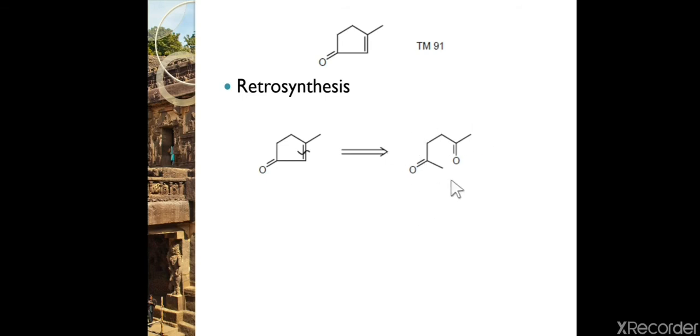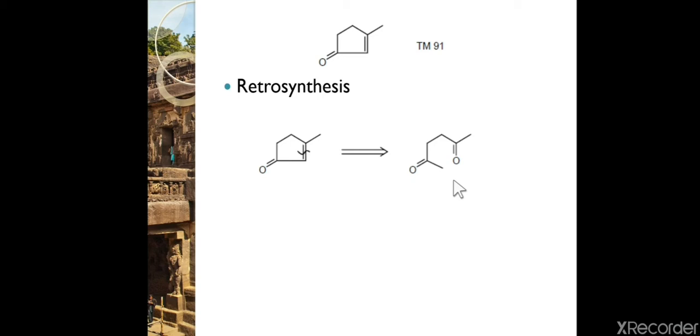But friends, you can see that this diketo compound is not commercially available. So in today's lecture we will learn about how we can make the diketo compounds. This is a diketo compound, but more specifically I will say dicarbonyl compounds. So there might be dialdehydes, keto and aldehydes, diesters, diketones. So today's lecture is focused on retrosynthesis and synthesis of dicarbonyl compounds.